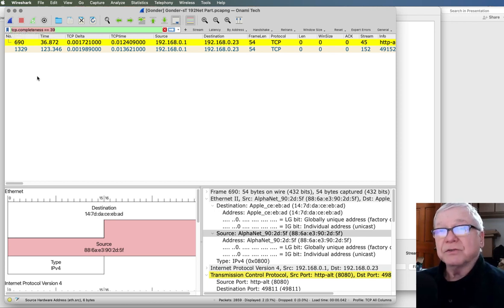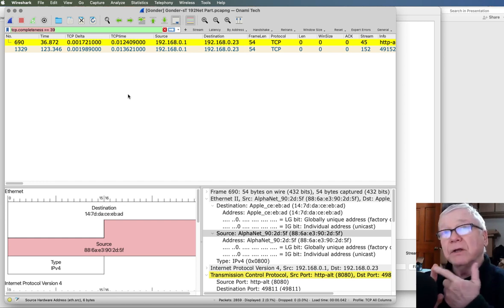However, notice how useful this particular display filter is. If I am consistently going to be looking for Nmap, what are some of the characteristics of Nmap? Well, it's got a small window size on the SYN request.